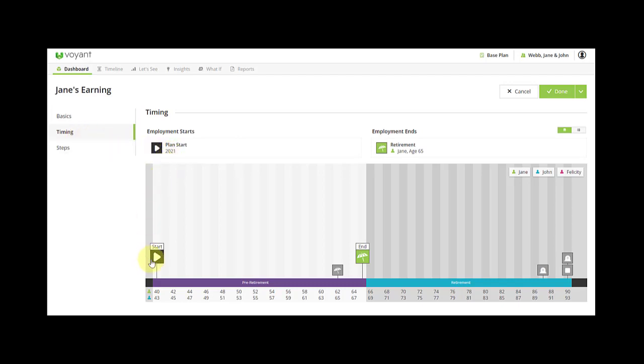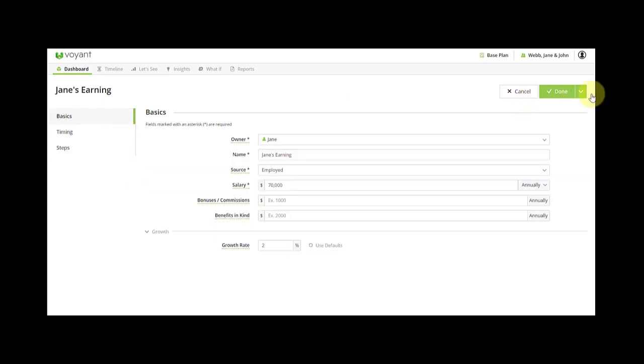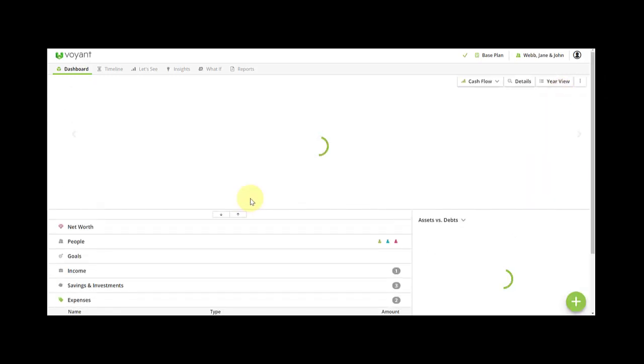Now let's check the timing. It's defaulted to Jane's end at Jane's retirement event, which is fine. So it starts now and ends at retirement. Note that you can step change the income within this window if you want by adding a step. For example, if there was phased retirement or a period of working part-time and so on, you can put that in as steps. Okay, I'm going to click done so we can see the impact on the cash flow chart